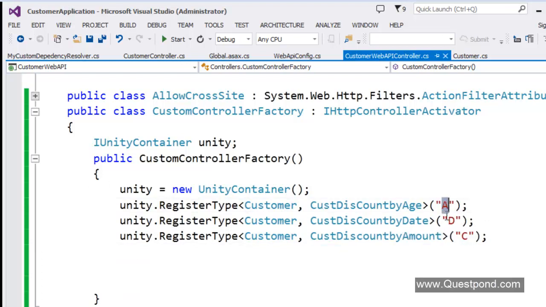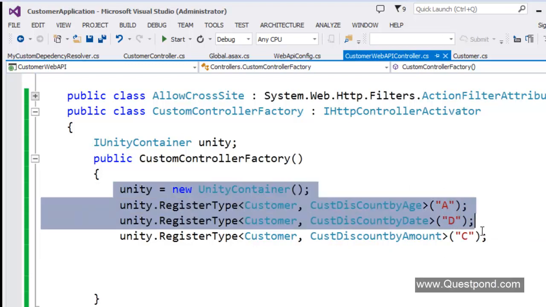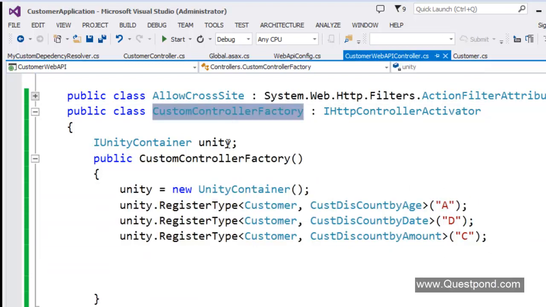So you can see here A. If you go and say to Unity, give me A, he will give you an object of cost discount by age injected into the customer. If you say D, then he will give the respective injection. So this Unity application block is referenced inside this factory, and it has all the permutations and combinations of injections that can happen inside the customer object.